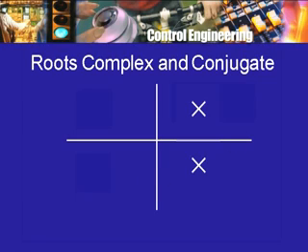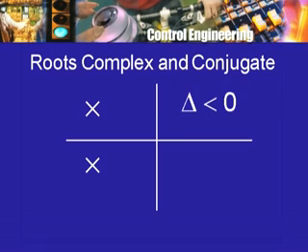I already ruled out j omega axis roots, because in that case the sum is 0, that is also ruled out. And so the only possibility is that if the roots are complex, both of them are in the left half plane, or in other words, they have their real part negative, and therefore that also gives you a good pair of poles. So fortunately for our motor transfer function, partial transfer function, from the applied voltage to the speed, the transfer function has its poles in the left half plane, and therefore they are good poles.